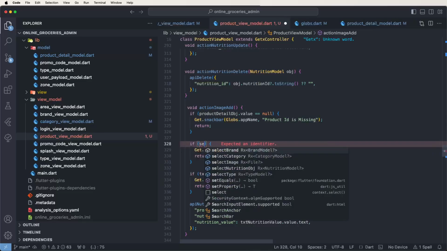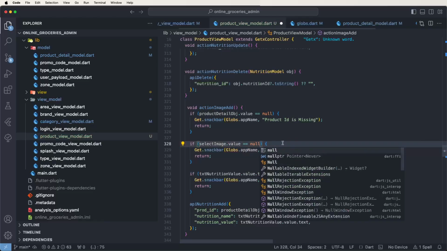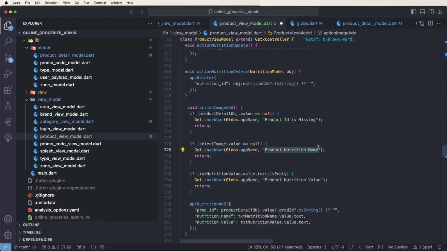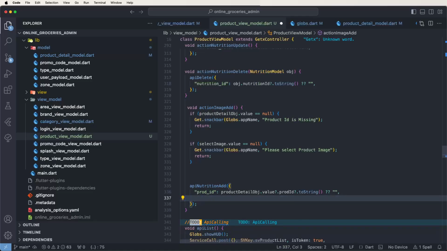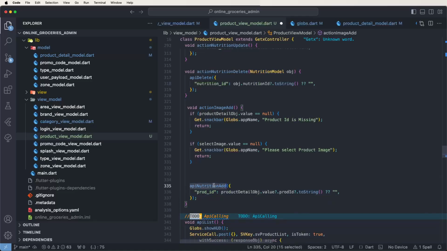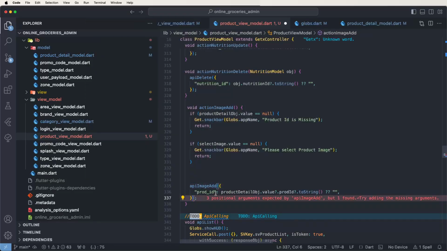Image select image values equal null. Please select product image. Now need to pass here the parameters and call this here the API image add and pass here